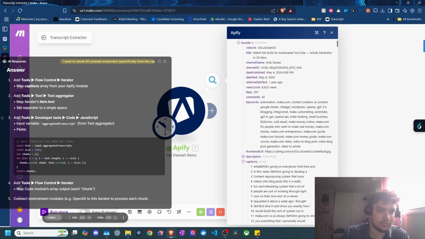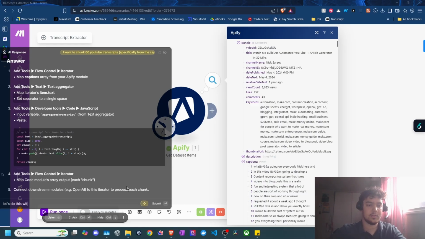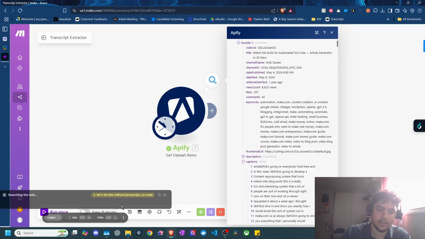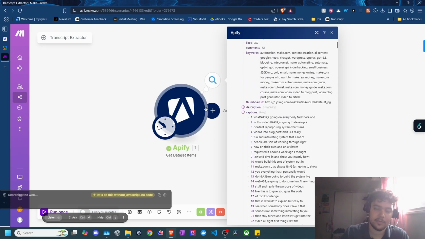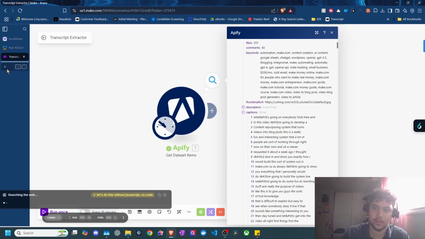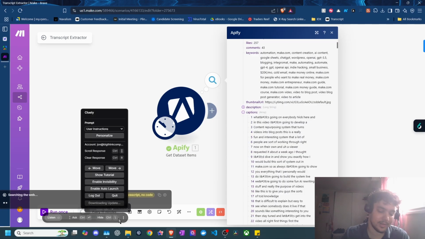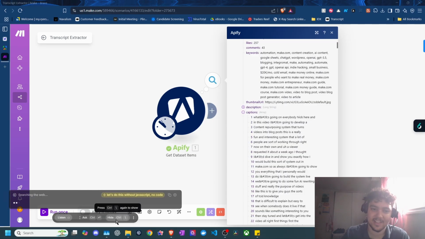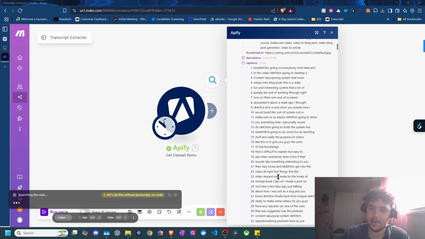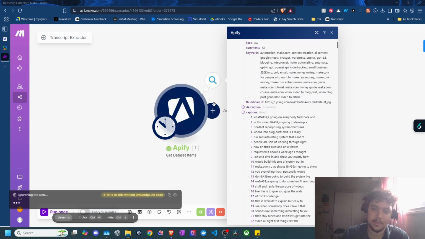So you're looking to do JavaScript. Let's do this without JavaScript. No code. Right, you could use JavaScript if you're familiar with it. Definitely, it's easier. Use N8N, I think, is a lot better when it comes to code functions. Make.com kind of gets a little funny with it. They're very much like a no-code platform. And anything code-related, they start to cry. So errors just start to be a problem. But it's definitely doable. Let's see what this comes up with.